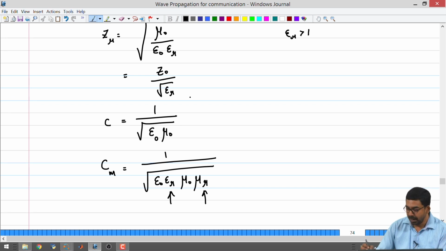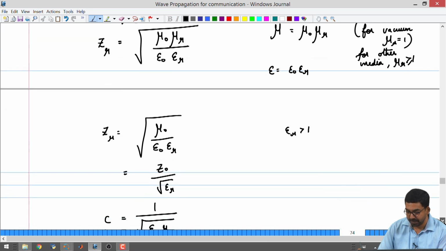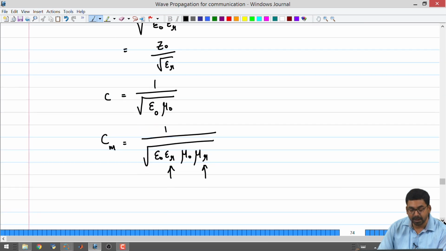The other thing that one will notice over here is 1 by square root of epsilon naught epsilon r mu naught mu r. The reason I strictly put epsilon r and mu r should be greater than 1 is simply because if you did discover a material whose epsilon r and mu r are less than 1, then you will have propagation at speeds higher than what can happen in vacuum.